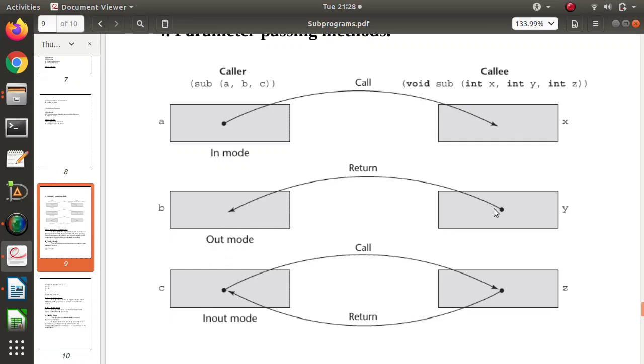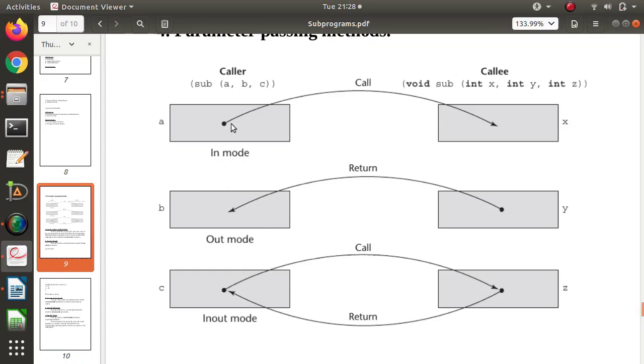Means whatever the values are there after the execution of this subprogram, those get returned back to the calling subprogram. And in out mode means these formal parameters act as both input as well as output. So they will receive the values and also they will send values back to the calling subprogram. This is called in-out mode.